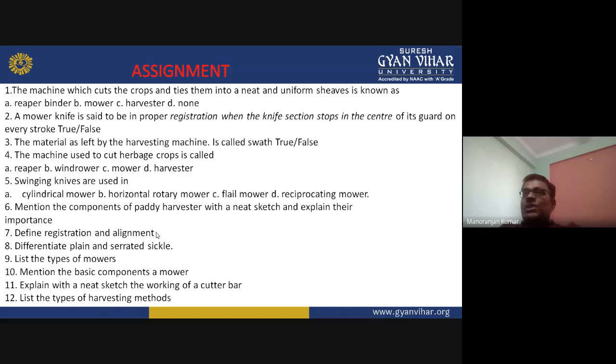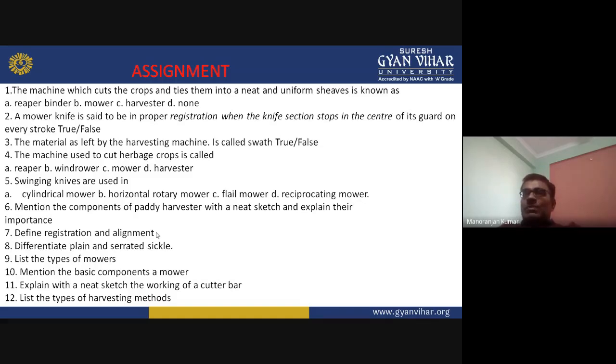The machine used to cut harvest crops is called reaper, windrower, mower or harvester. Swinging knives are used in cylindrical mower, horizontal rotary mower, flail mower, reciprocating mower. Which one is the correct option?